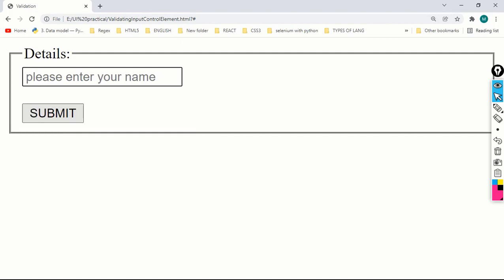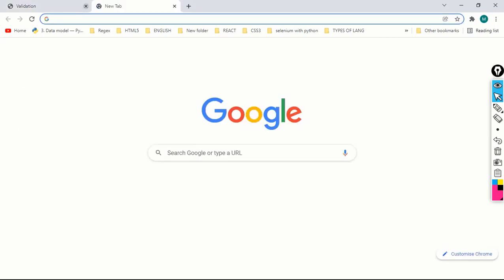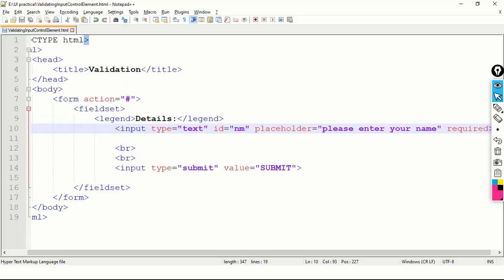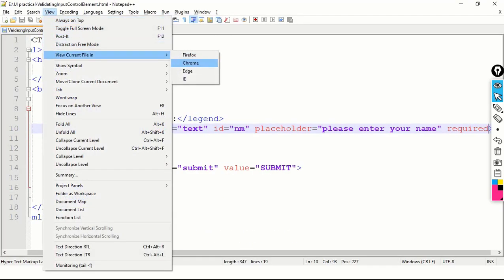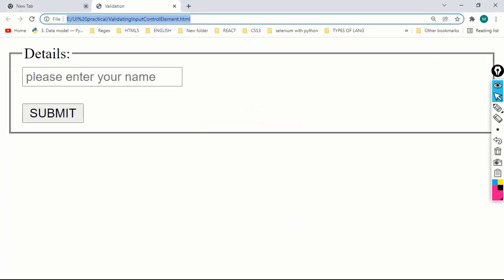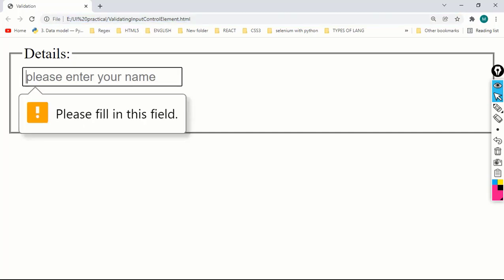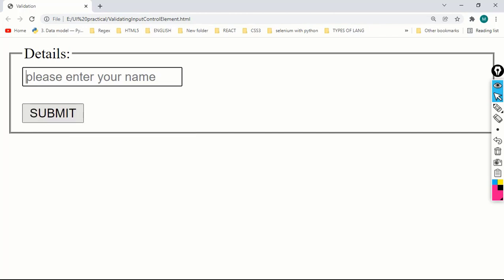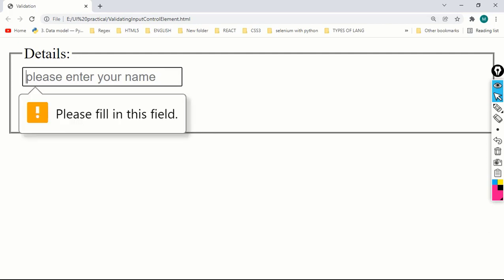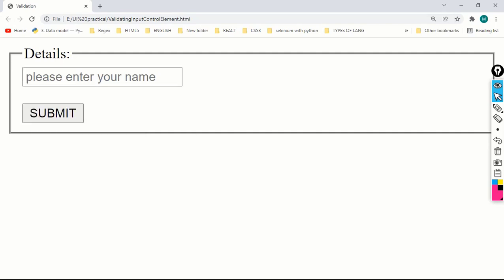Because of the required attribute, it is not allowing me to submit the form. After clicking on submit, it gives me a pop-up alert message saying fill in this field. So without a value you cannot submit this form.